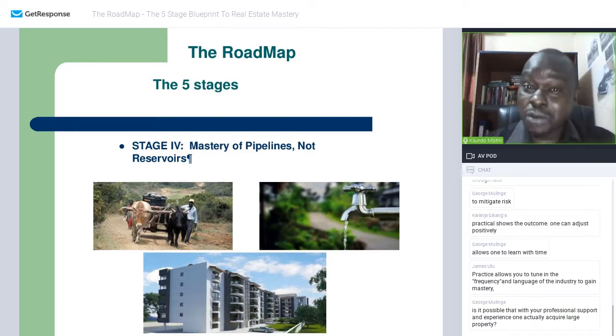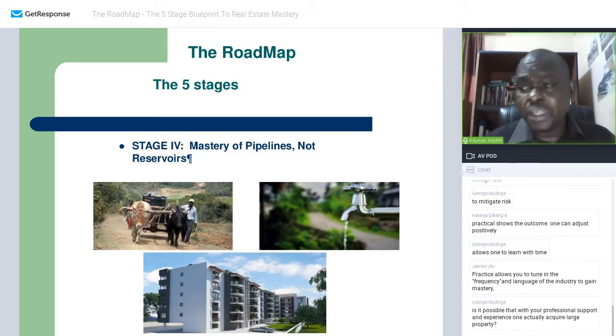So, what is the aim of today? What is the aim of the roadmap? The roadmap is supposed to help you create a portfolio. One of the things I do in the discovery session is we discuss how you want to retire. How much do you want to be receiving when you retire? You put down a number. So, how do we fund this number? We're going to fund it with a series of properties, with a portfolio,